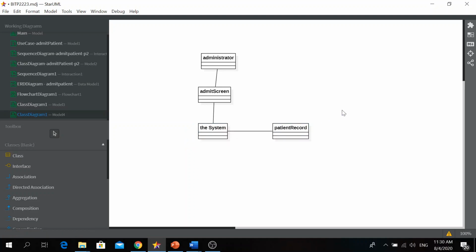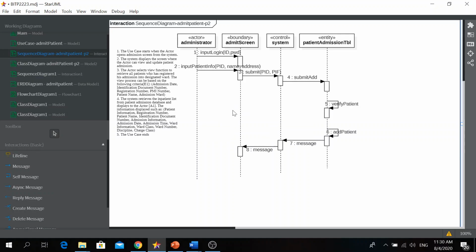Now we want to discover the operations from the sequence diagram. So you look at the arrow here. First type, input login. This is owned by the admit screen. Input login, input patient info, and also the message.